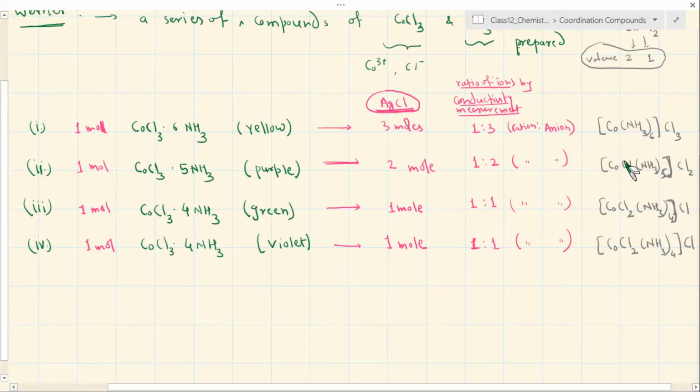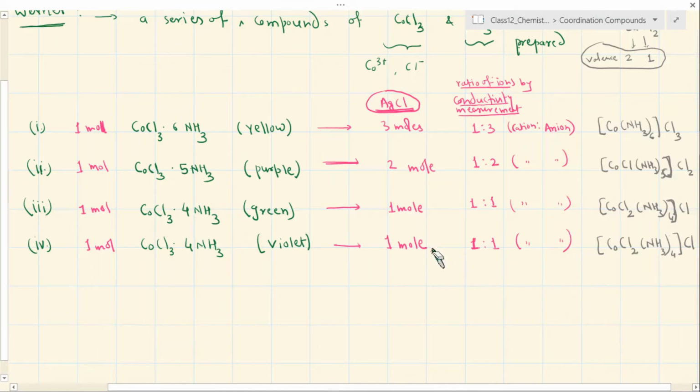Similarly, the cobalt ion is also not freely available. In fact, the metal test will not happen here. So your confirmatory test for cobalt will not happen here, because now the whole thing is one entity. In this case, if you had taken only cobalt chloride and put it in water, you would get the confirmatory test for cobalt separately. But none of these complex compounds will give you cobalt's confirmatory test. This is because cobalt is no more freely available as an ion in the aqueous solution. The whole entity is working like one big entity.